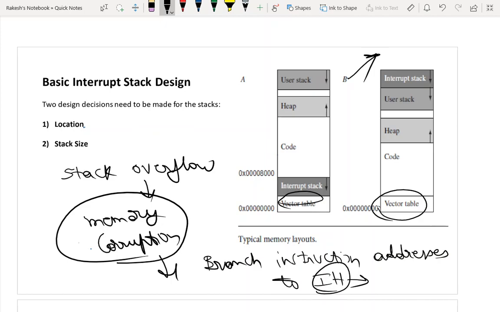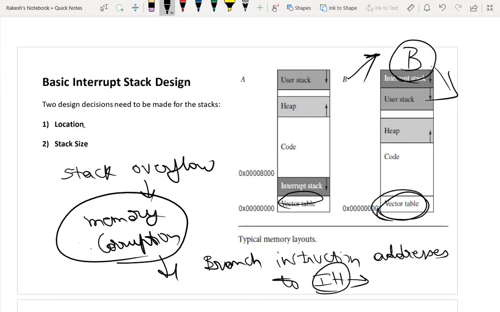So all these are the different modes that we have discussed already. If an exception mode has to be entered, the address where it wants to branch is stored in the vector table, isn't it? So if that vector table gets corrupted when that exception is raised, it will not branch to the corresponding interrupt handler, and that interrupt will not be serviced properly. That is why this B memory layout is usually preferred.